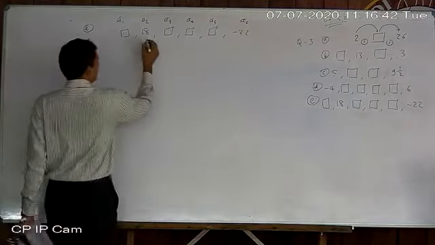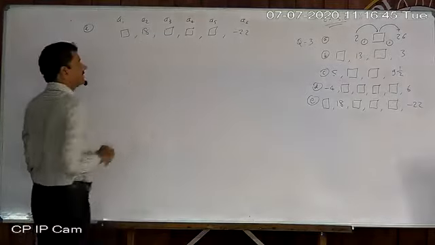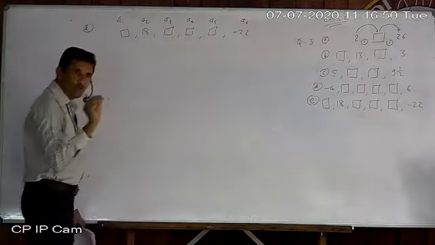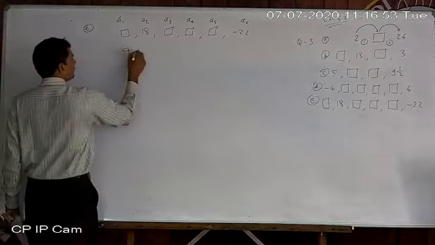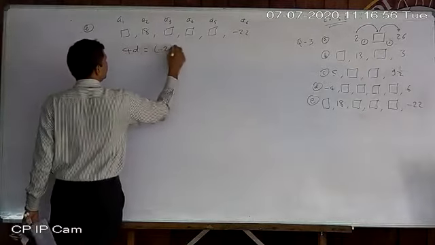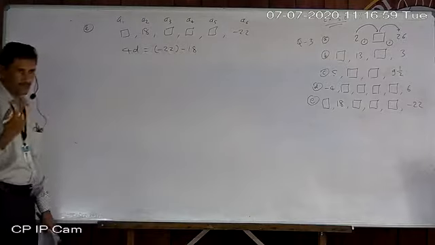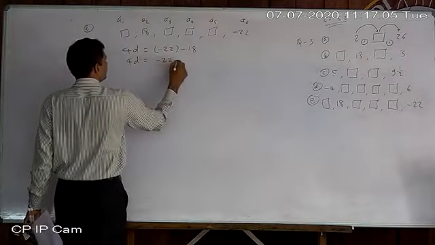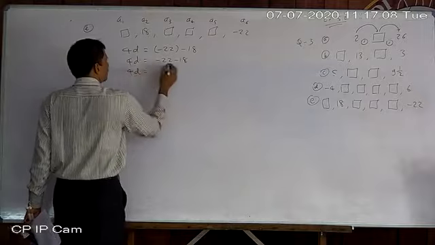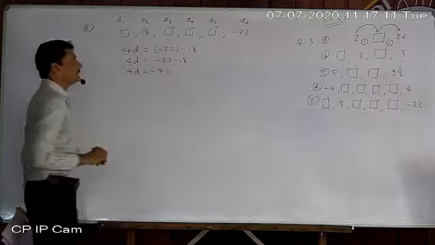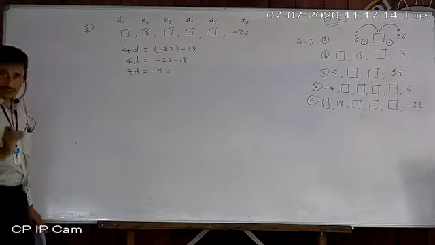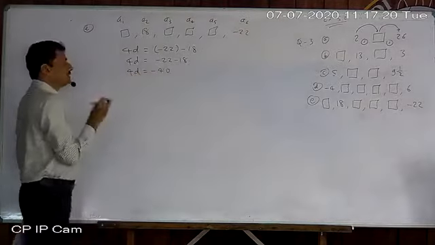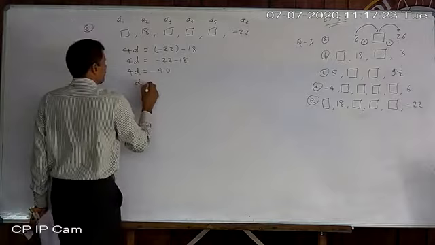Okay. Now look here, between two given numbers, how many gaps are there? 4, not 3. Don't count boxes, count commas. 4 gaps are there. So 4D equal to minus 22 minus 18. Always right minus left, keep in mind. So 4D equal to minus 40. Minus 40, not plus 40. Don't apply minus minus plus. No, it is not for sign. Okay, sign remains minus only. Therefore, D equal to minus 10.